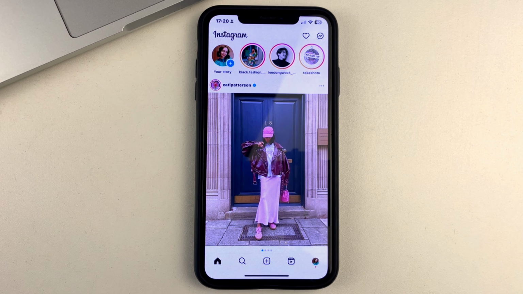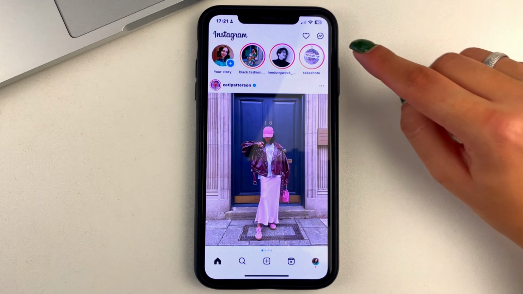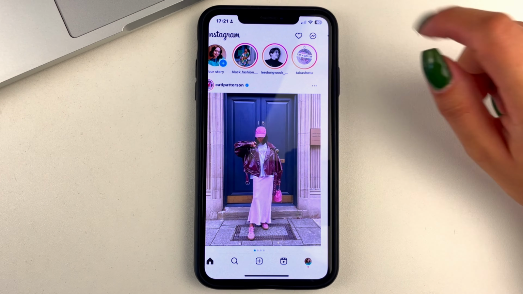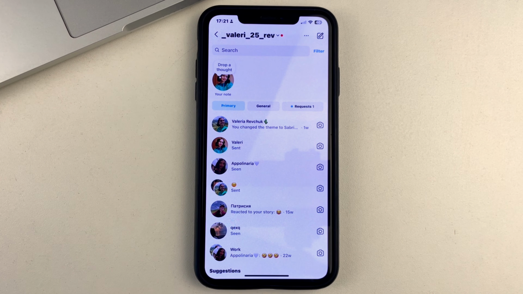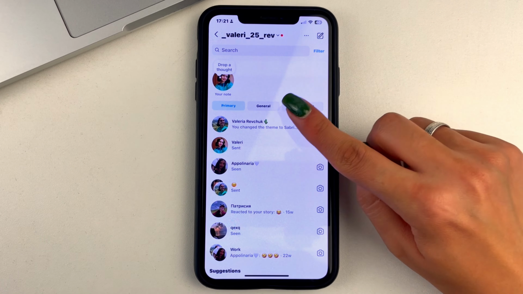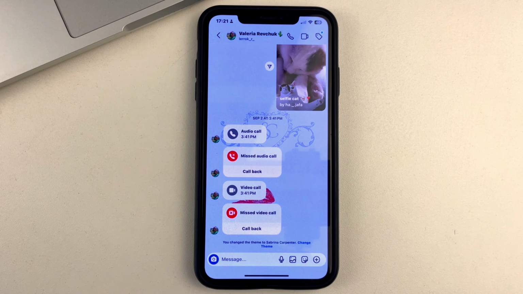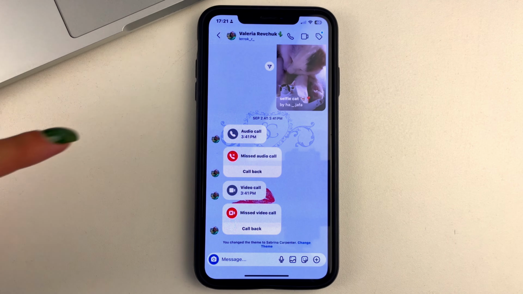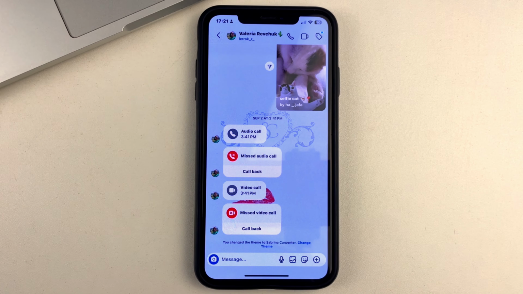So friends, let's get started. Please open up Instagram on your device. And then you'll need to click on this sign at the top right to go to your posts. And now friends, if you would like to check your call history, let's say with a particular person, then you're gonna have to go to the conversation with that person. And that's where you'll be able to find the latest video as well as audio calls.